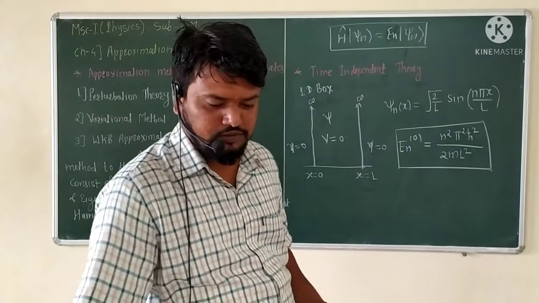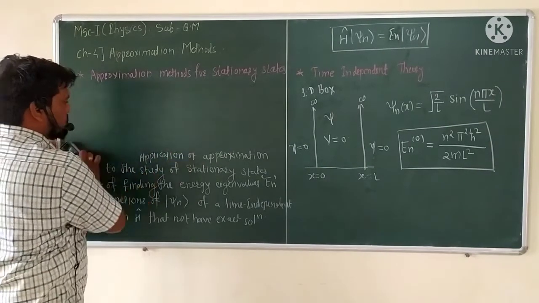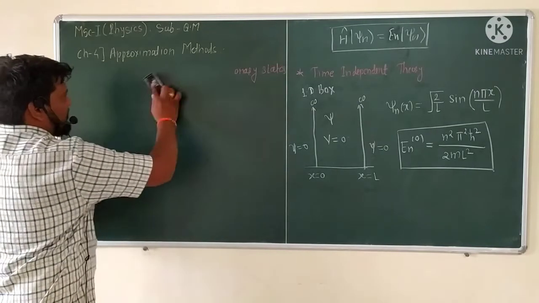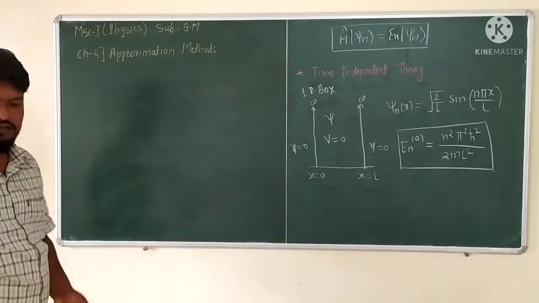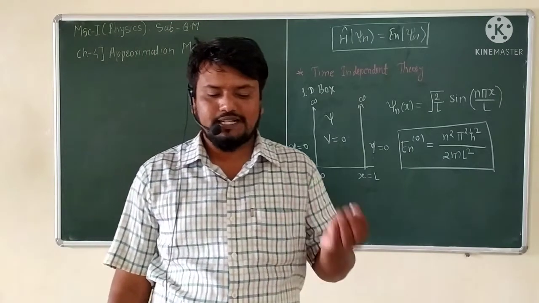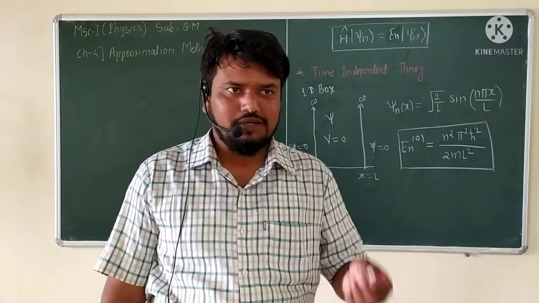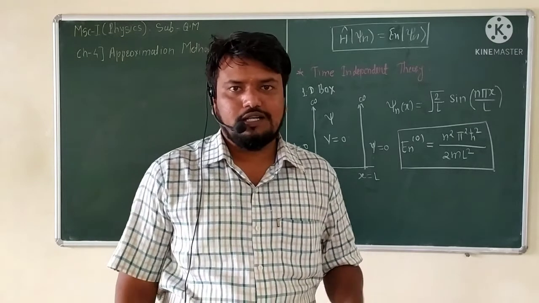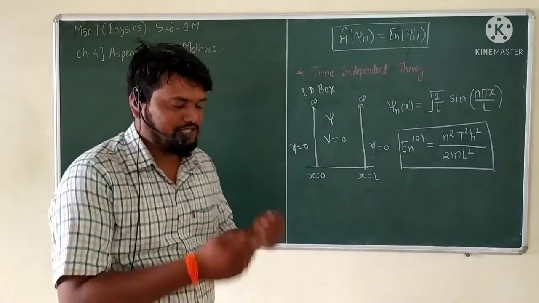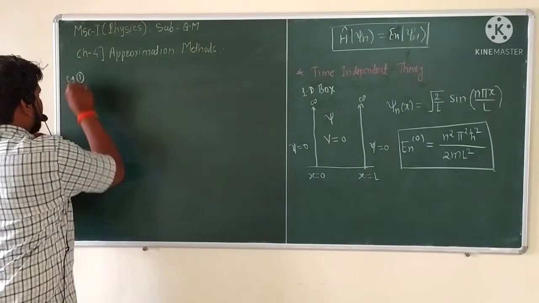For example, we take a 1D box with perturbed and unperturbed functions. What is the potential there, and what is the extra energy or perturbation H prime? We want to see this very small, general example here, and after that the most important example of this theory. So now first we see the first example.